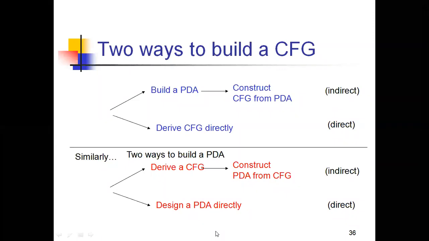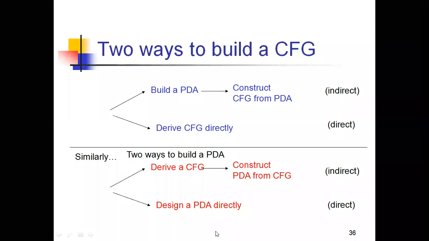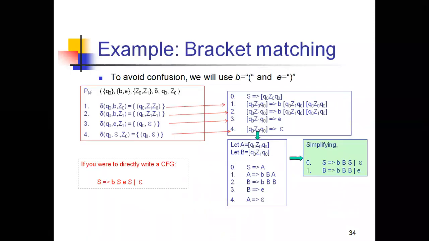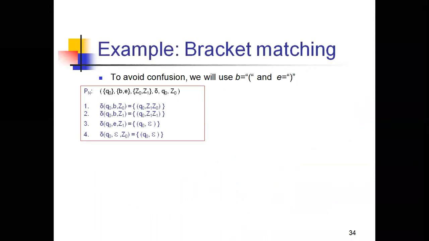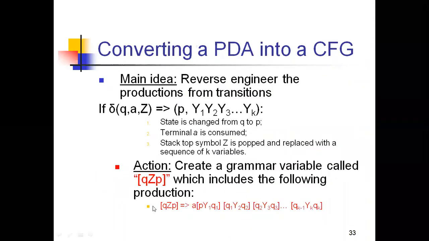Okay, these concepts I'll cover in the next class, and in this class I explained the most important concept, the conversion from PDA to CFG. I think you all understand the concept. This production is most important, and this is the syntax we use for creating context free grammars from the PDA. The remaining concepts will be covered in the next class.